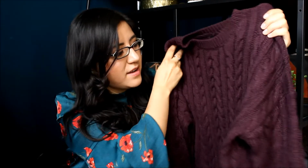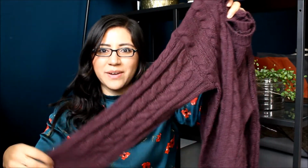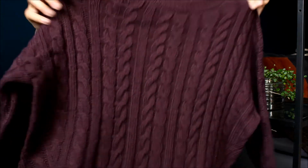The next sweater I bought is much cheaper. This kind of eggplant colored, or aubergine, as the British people I work with now say, and also I guess the Germans too, but it's this aubergine slash eggplant color sweater, and it has sleeves that are just a little too short for me, but I kind of like it because it's easy to roll up,